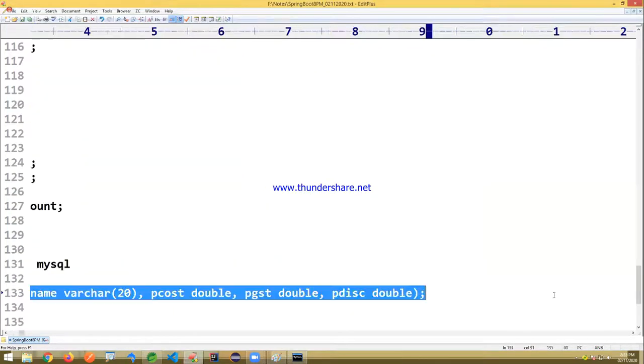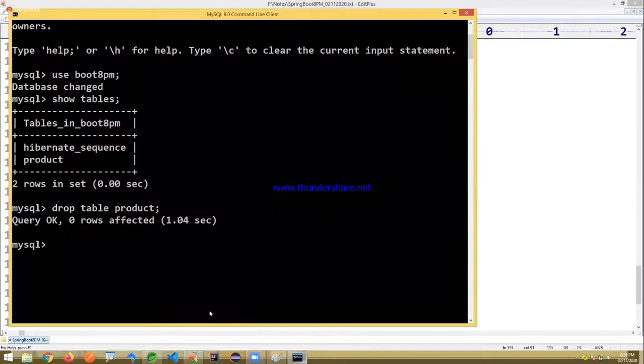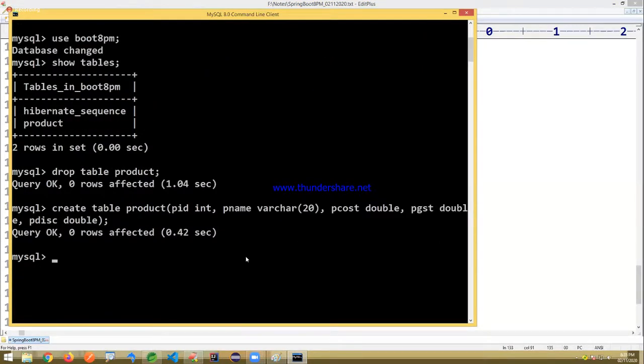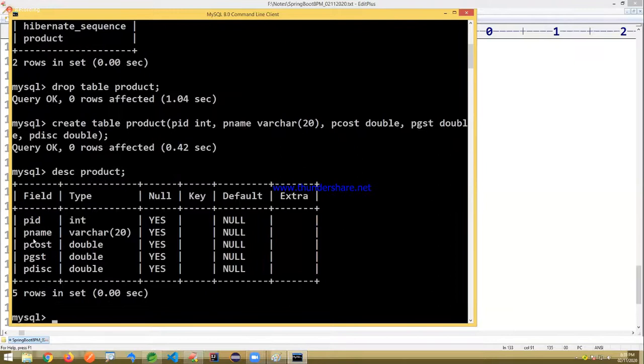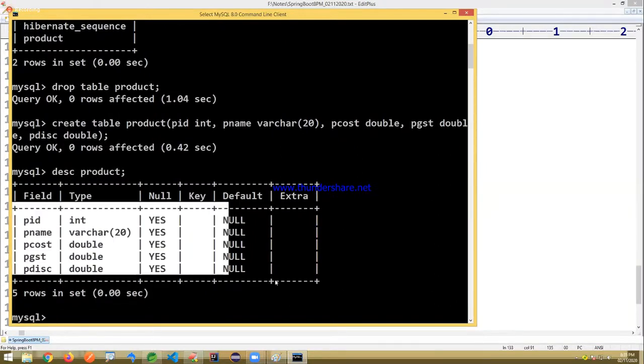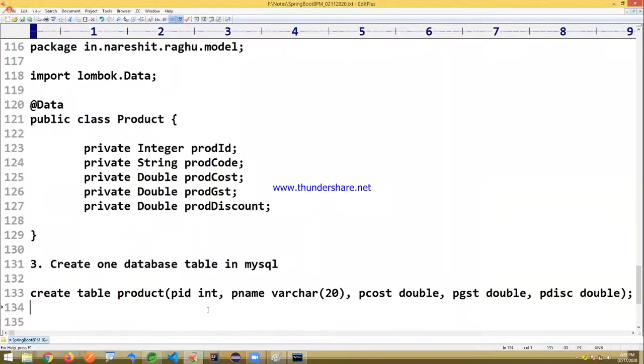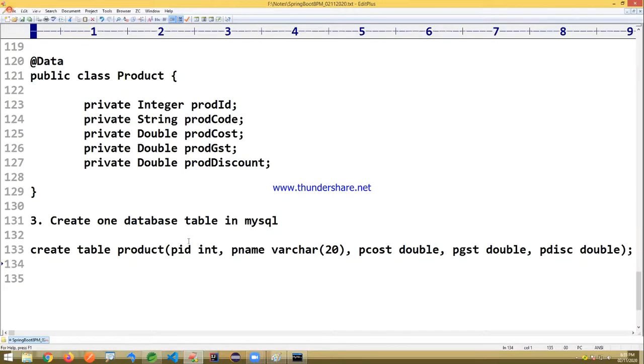Now I'm creating the table. The table got created here. You can see the PID, P name, P cost, and GST. This table got created. Create a database table in MySQL, it's a create table query, you can see.